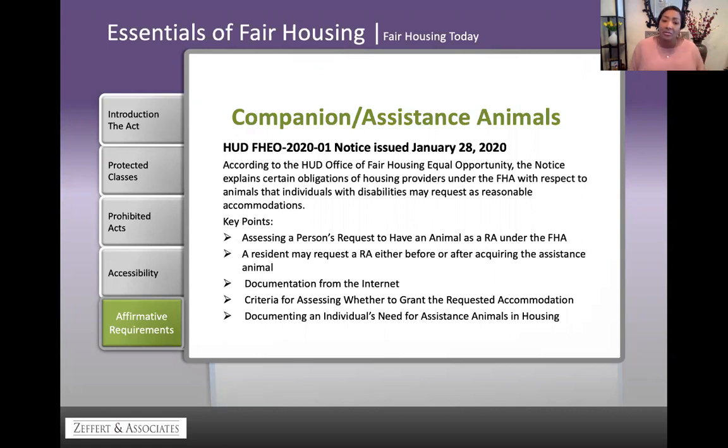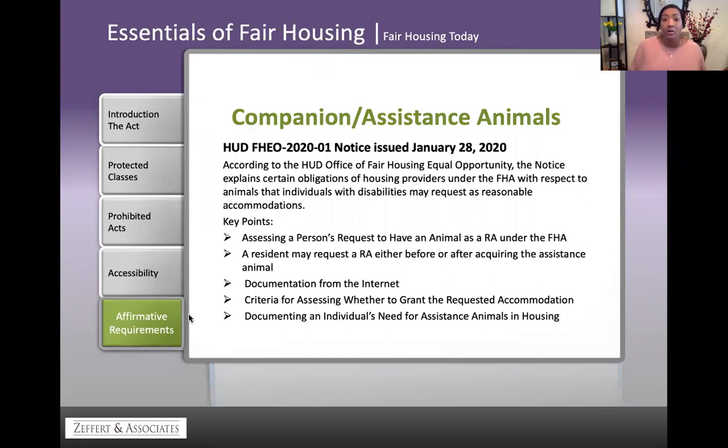I can't give you any one particular situation, but it gave a little bit of backup to housing providers that they do not have to accept these letters. You can have your own form asking your own questions, and by way of a third party, reach out and get that documentation from the medical professional, medical provider, period.